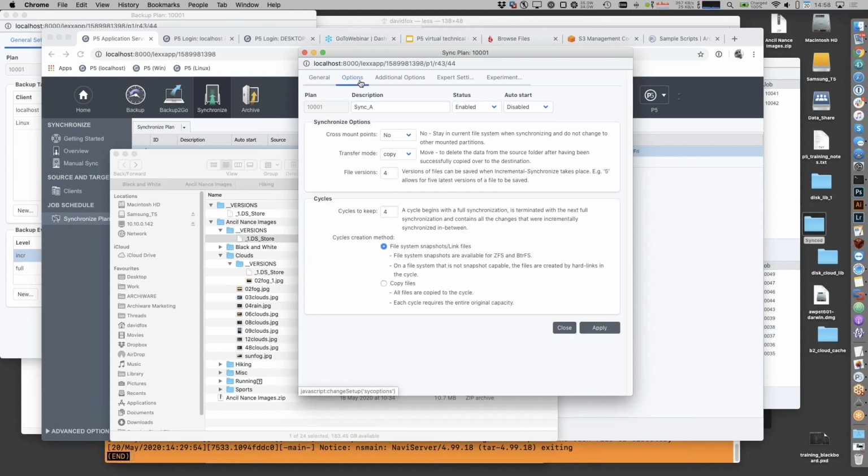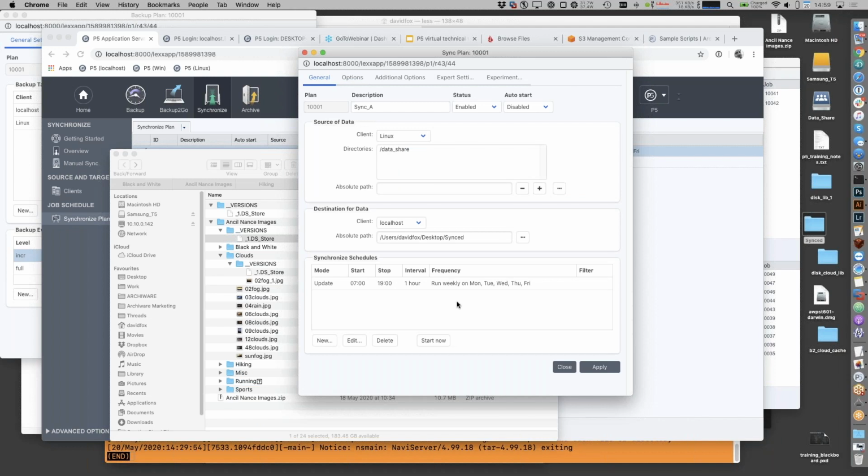Within the sync plan options, you can choose how many file versions to keep, which is 4 by default. And then off you go, you've got a copy of your source data with retention of previous versions of changing files. Obviously, in that instance, you'd need to be aware of how much storage, because if everything changes and you're keeping 4 copies, then you're going to need 5 times the source storage on the destination